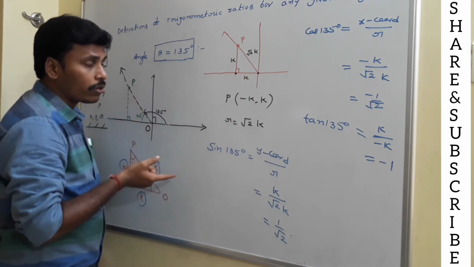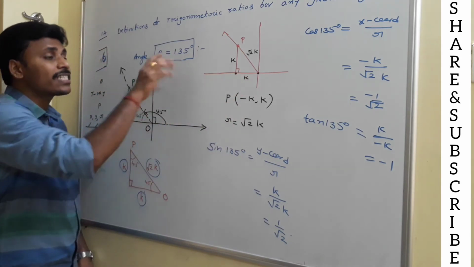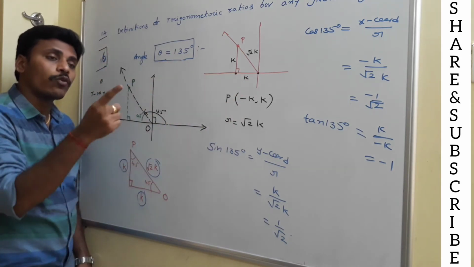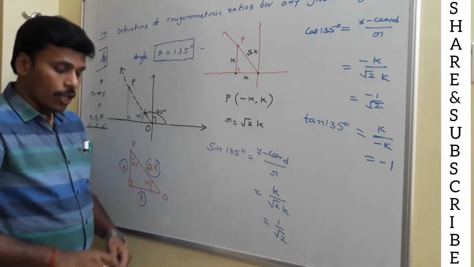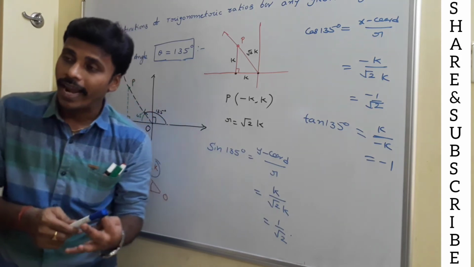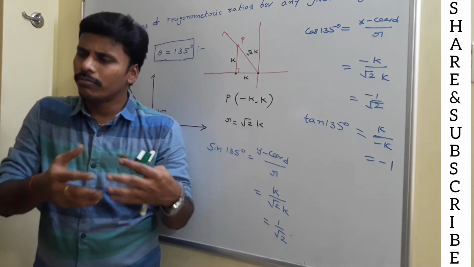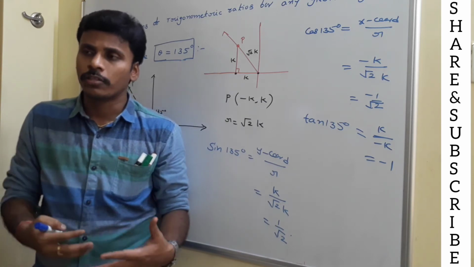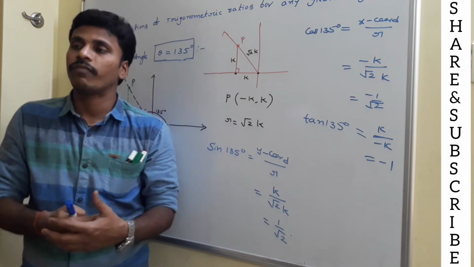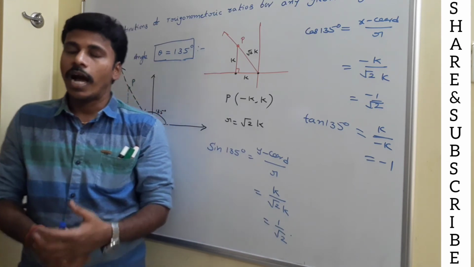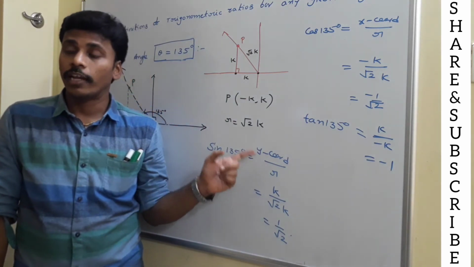But if you don't know the angle and the length, you need to use the scale again. So if the angle is a different one, then also you need to move with the same procedure, but in doing so you need a graph sheet, a protractor and a scale. Okay? But in our syllabus, and in our books, we just follow the angles which are very comfortable and known to all of us, right? And this is the way to calculate the trigonometric ratios for an angle of 135 degrees.